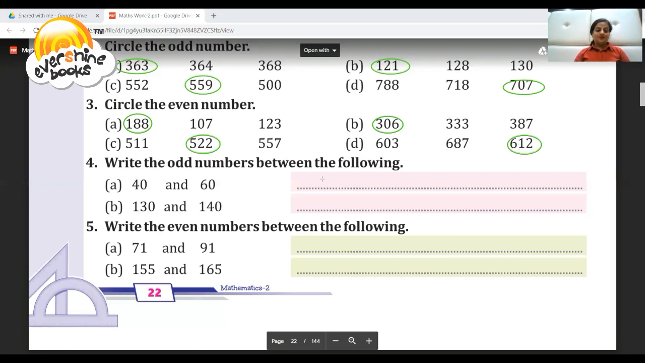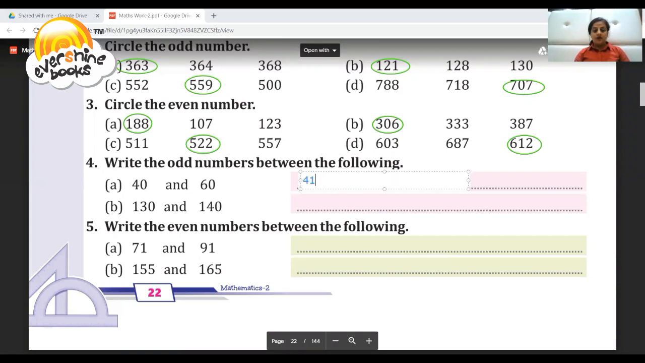Very good. Next is write the odd numbers between the following. Between. We are not supposed to take 40 and we are not supposed to take 60 also. In between numbers we have to write those that are odd. Odd numbers will have 1 at one's place, that is